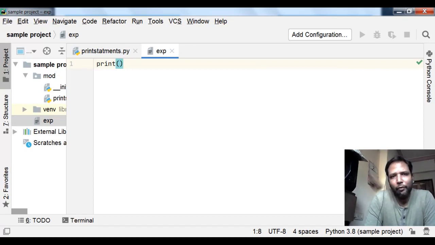In Python we have only one output statement, or one output method, if I have to say. That is print. So how is this print method used? We will see. I have created a project.